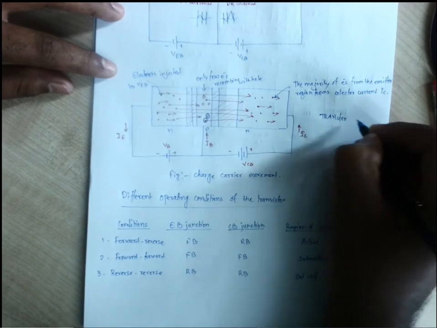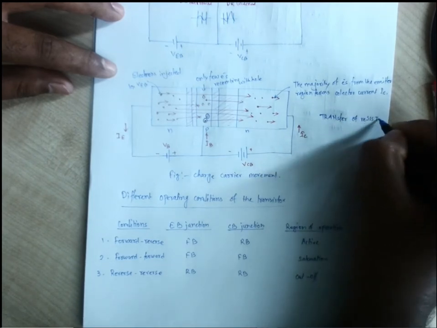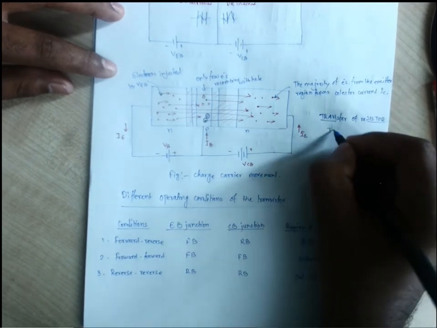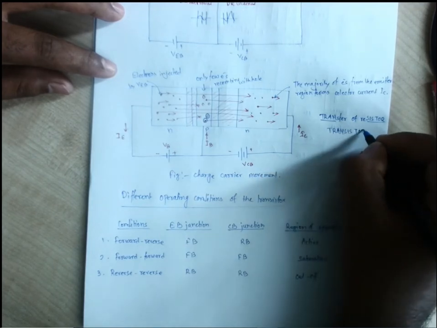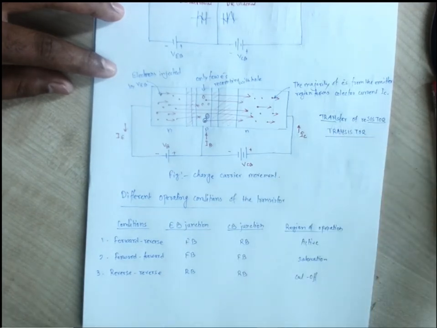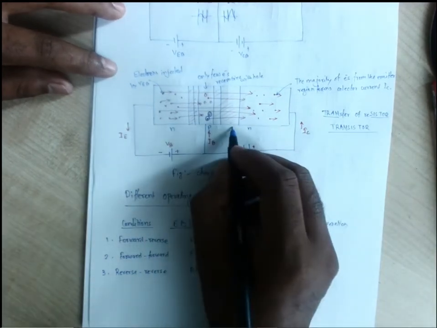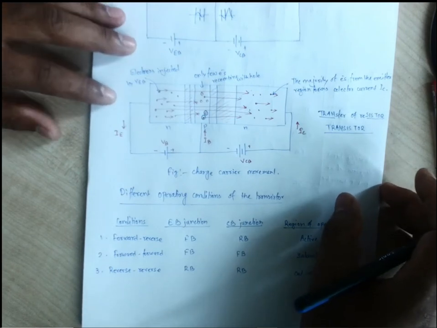Transfer of resistor, that is what our transistor is as a whole. So the input side has low resistance, the output side has high resistance. That is what the transfer of resistor, or transistor, means.